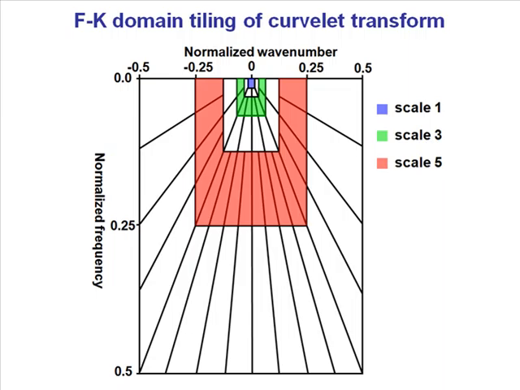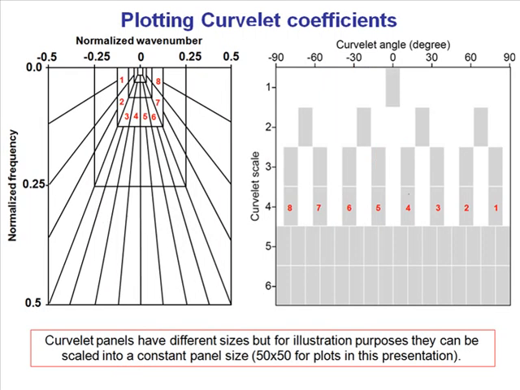So you divide each scale into small tiles, as you see here. And the task is to see how much energy is contributed from the TX domain to each of these windows. That's all you want to find with curvelets, and they're going to show you how you can do that. So in order to plot them,